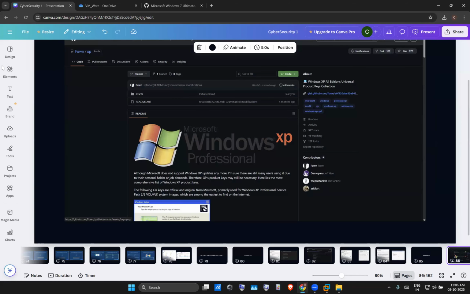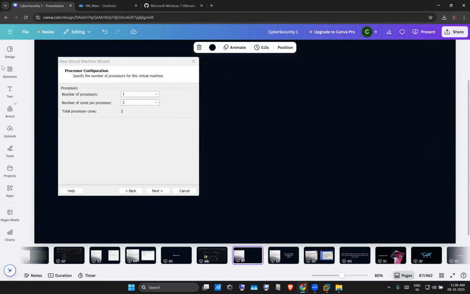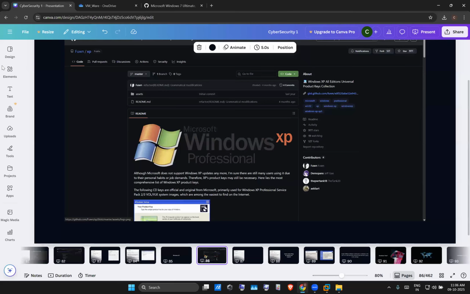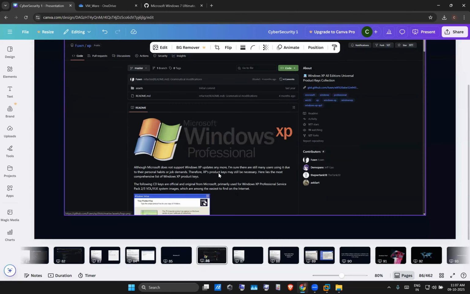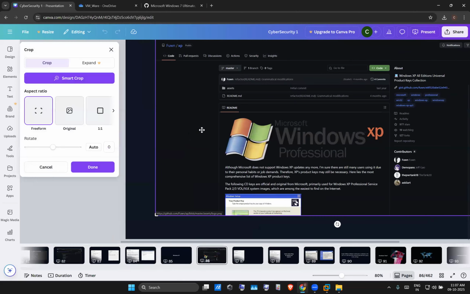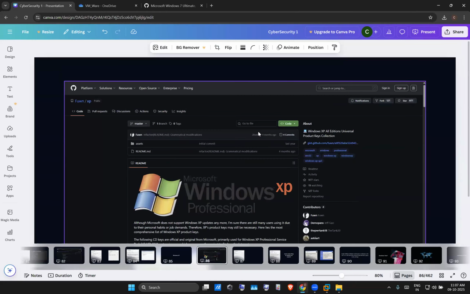Windows XP, when it comes to Windows XP, you are going to face some issues. Windows XP also is going to ask you for the license key. So in that scenario, what do you have to do? You have to search for this GitHub. Just try to take a screenshot, FUWNXP. You can go inside this GitHub, because when you are FUW,